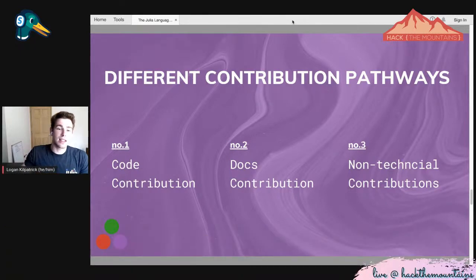I think for non-technical contributions, the cool part is that you don't need anyone's permission to do that. You can go and make a video online about how to do whatever in Julia, and that's a non-technical contribution, and it's a super important contribution. And no one can tell you that you can't do that, which is something that I love. I love the permissionless ability to just go and make that contribution. I think that's super cool.